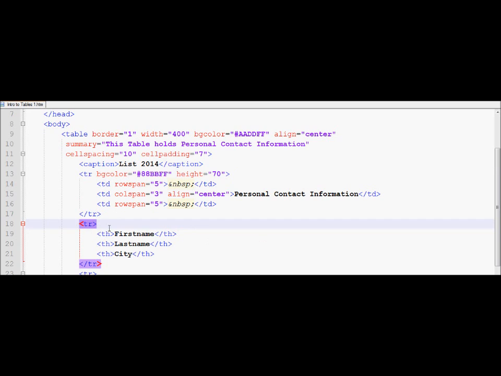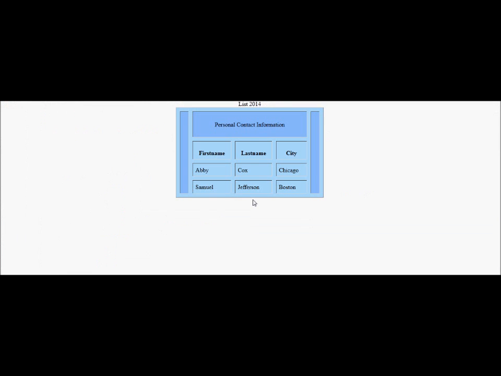Now I would like to give height to the row that holds all the headings. So let's say if I give it a height of 50 pixels, okay. And now what I would like to do is use a v-align property, which is vertical align, and I would like the text to be touching the base of the row, because by default it is middle and center. So now if I come and run this in a browser, you can notice that it has